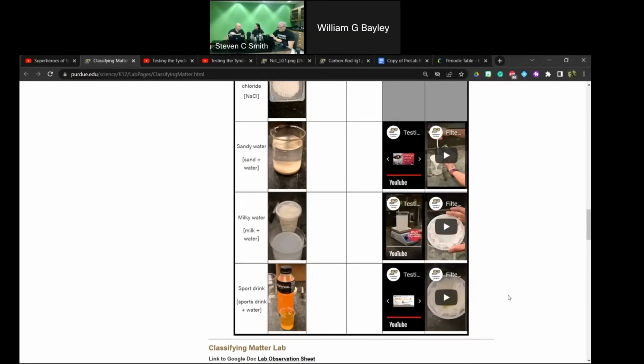Someone asked about using a stir plate. I recommend using it on a stir plate, but before I did that, when I was first doing this lab in the classroom, we just had to use what we had. We would have one kid stirring with the other kid trying to shine the flashlight through. That also works. If you have a stir plate, that's awesome.